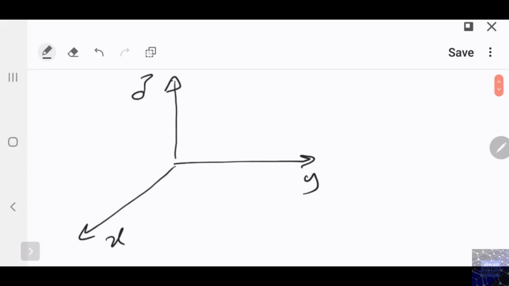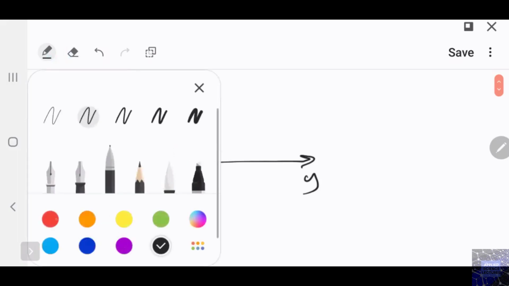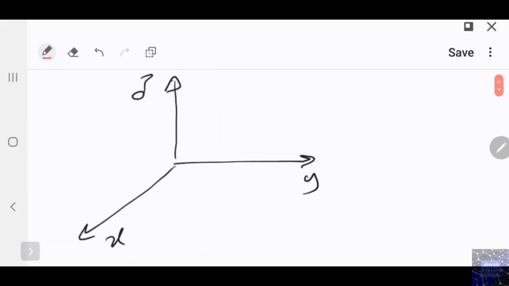Then those axes, x, y, and z, are perpendicular to each other, and there is a unit vector associated with them, such that every axis has its own unit vector that is unity and pointing in the positive direction of this axis. So if I am to write the unit vectors for those axes, then I will have